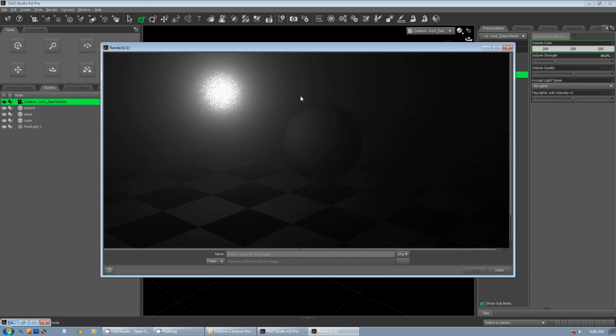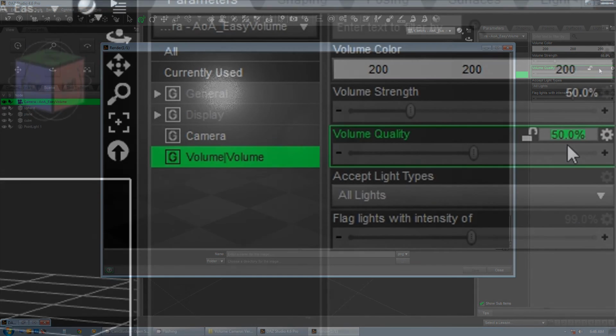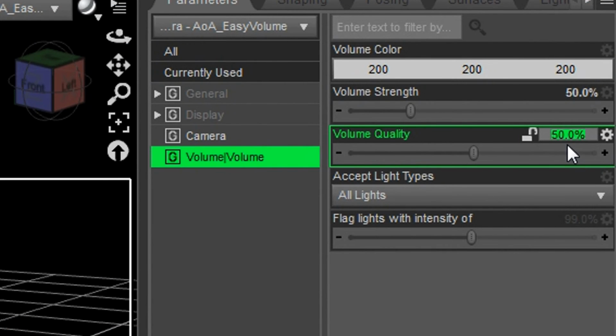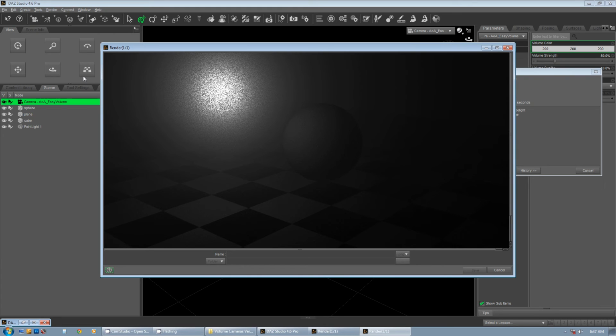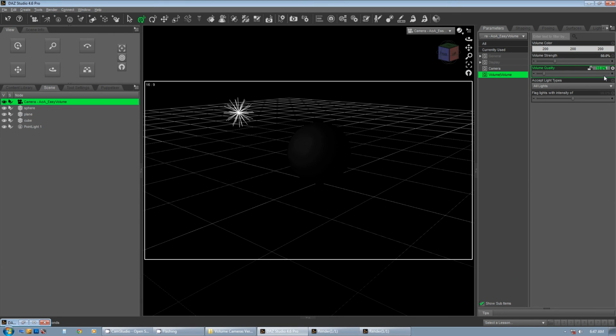Now the volume quality is set at 50% by default, and that's what accounts for this graininess that's in here. One thing to take note of is that the quality ramps up on a curve. It's kind of like the fall off on lights, only the other way around. The higher the quality goes exponentially, the more time it's going to take to render. Now, there isn't that much of a difference in the rendering speed. If we set this at 10%, you'll notice, let's take a look how grainy that is. And let's do 50%